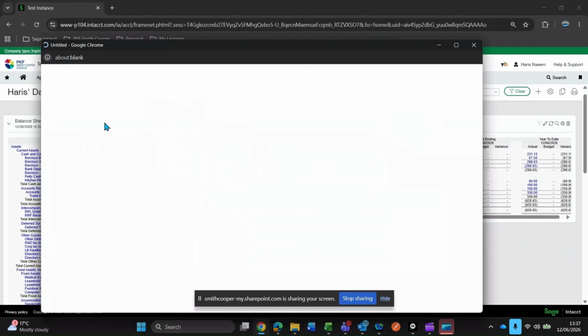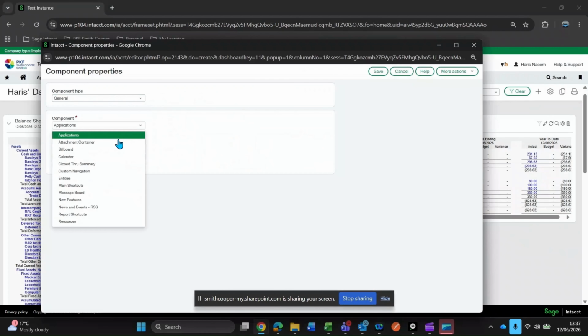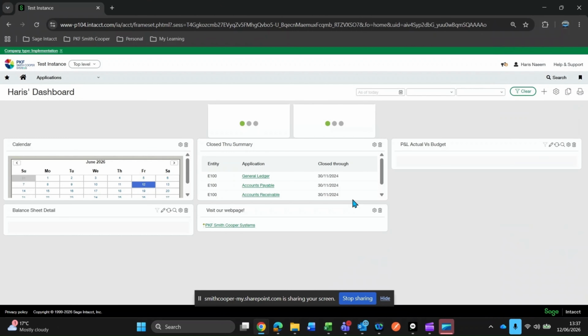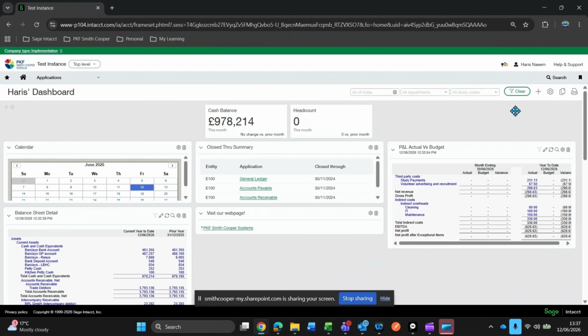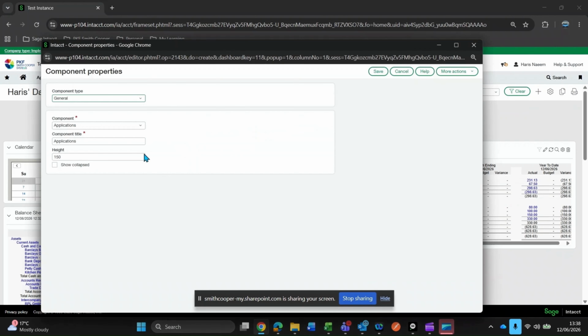Then you have additional bits of things that you can add in a dashboard, such as a calendar, as you can see there. And you can also add in things like your approvals checklist. So if you are an approver or if you're an employee user on Intacct and you want to see what transactions you have got waiting for you to approve, you can actually add them into the dashboard as well. Alternatively, you can add in things like supplier records, so invoices, maybe a list of top 10 balances